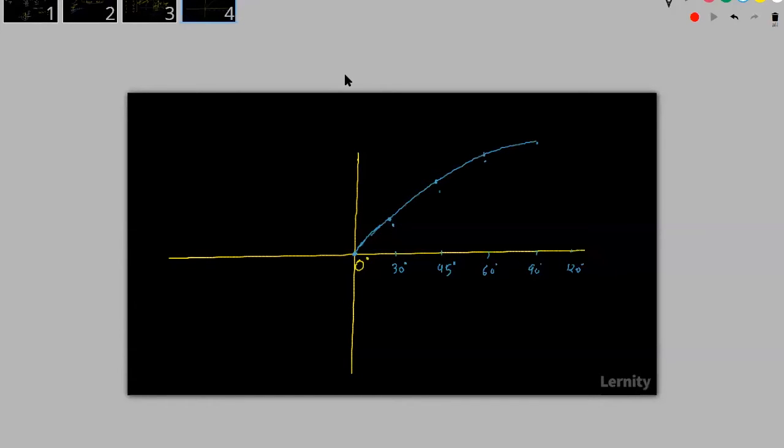Okay. So the highest point, let's see, this point is the maximum value. This point is 1. So this point is when y is equal to 1. So here y is equal to 1. Here y is equal to root 3 by 2. Here y is equal to 1 by root 2. Here y is equal to 1 by 2, and so on. Okay. So these are the values of y.